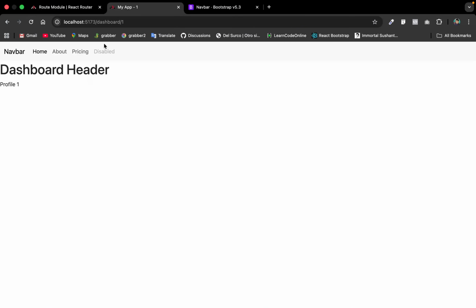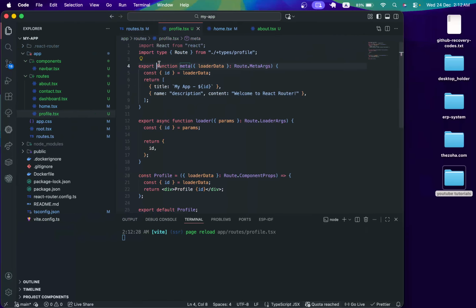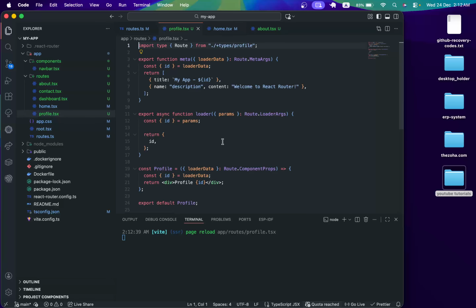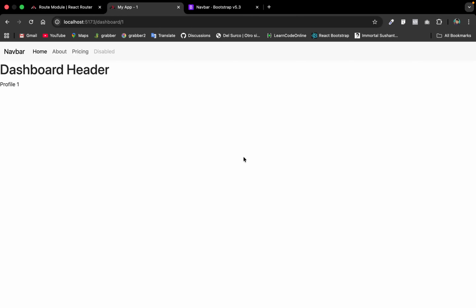So if you run it now, here you can see my app 1. This is the dynamic title that you can use here. So I didn't cut this part just because I want to tell you that I also get stuck into problems, and I also need to get over them. Okay,